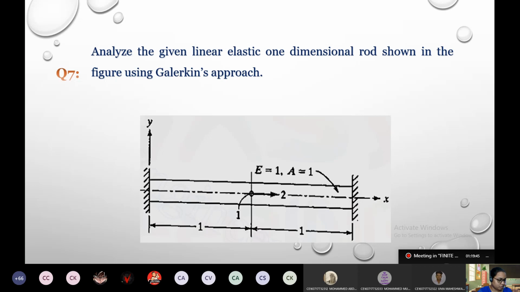We'll try to solve this as fast as possible because we have to see Galerkin's method in elasticity. Then only we can end this. That will be the end of unit 2. Take down the problem. If you already have the potential energy problem, directly write down the question number you have written there and then write down the solution using Galerkin's approach. That would be easier.